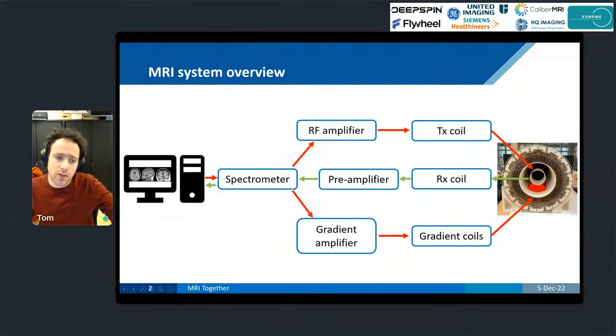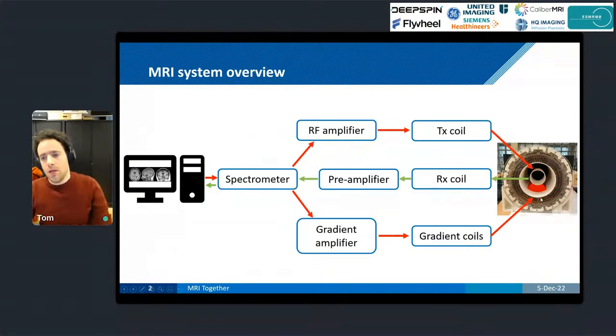So the same weak signal from your spectrometer is transmitted into the gradient amplifier. It's a very different technology because it's essentially operating at DC, and it's trying to generate the currents that you've asked for in your pulse programming environment into the gradient coils, and that's quite tricky to do. So the gradient amplifier is connected to your gradient coils. They're not visible in this image, but they're integrated into this white cylinder that you see on the side. And then obviously you have the magnet itself, which is visible here as a Halbach array, which magnetizes the signal,